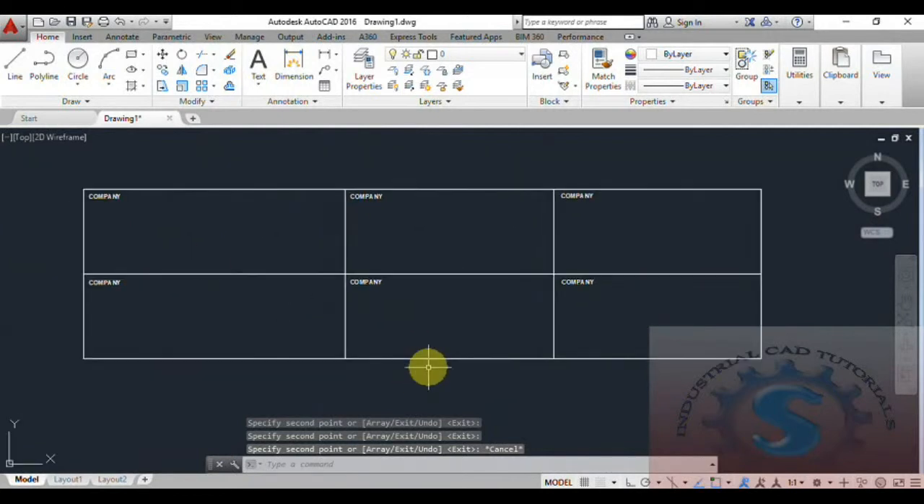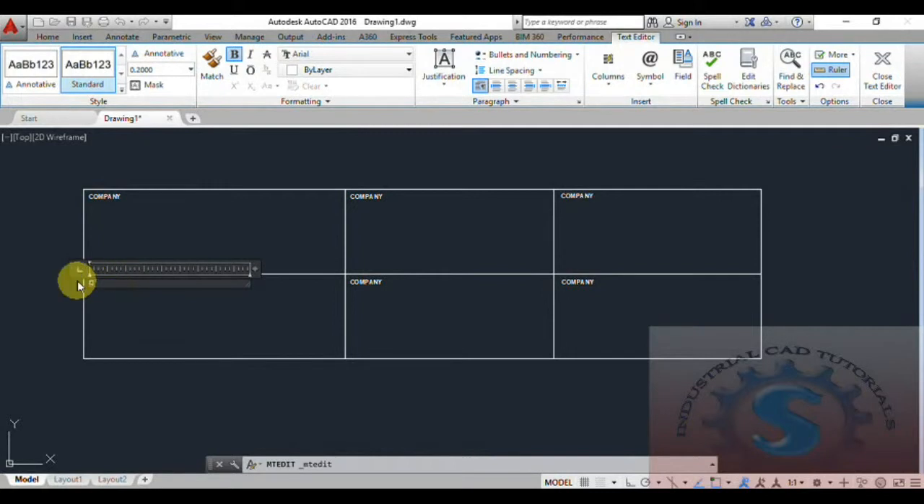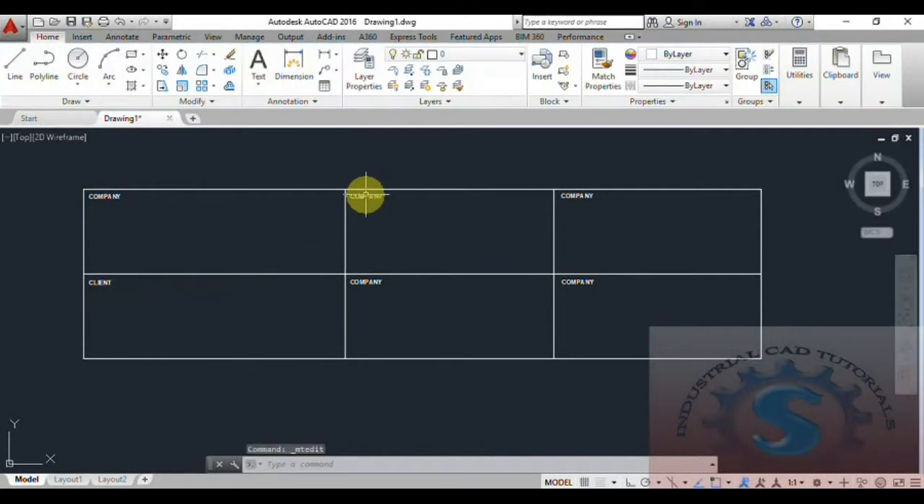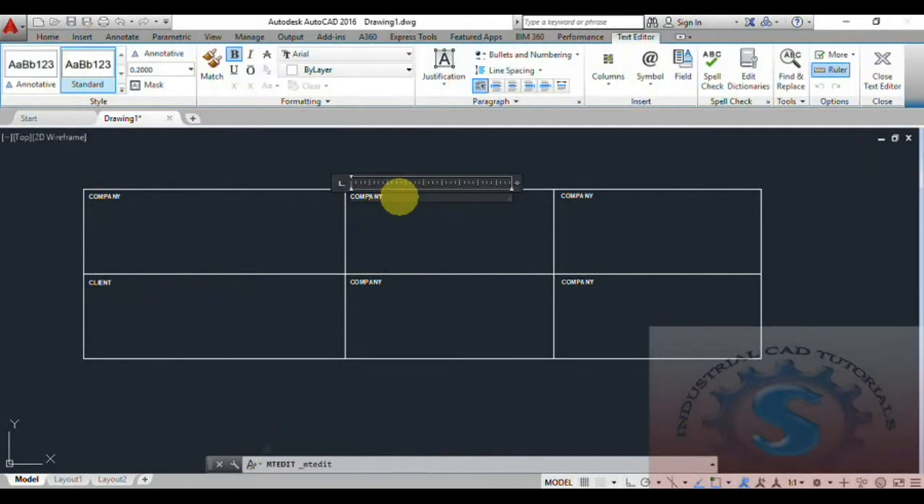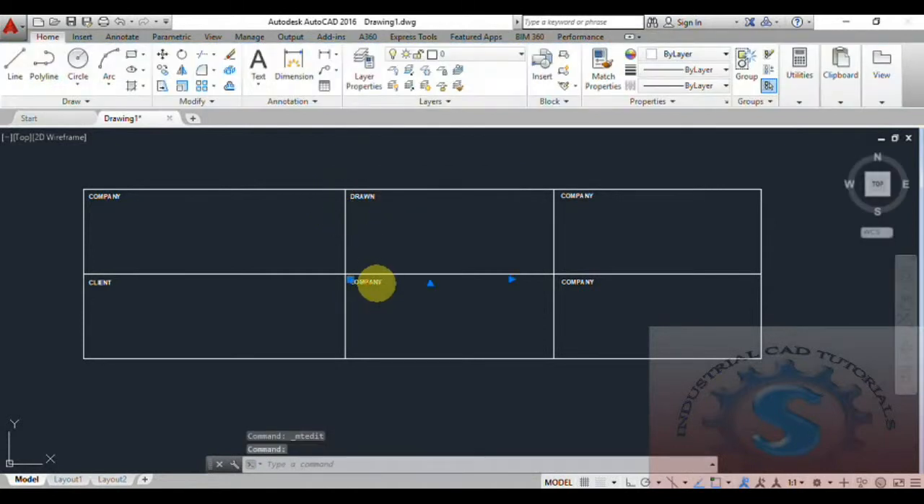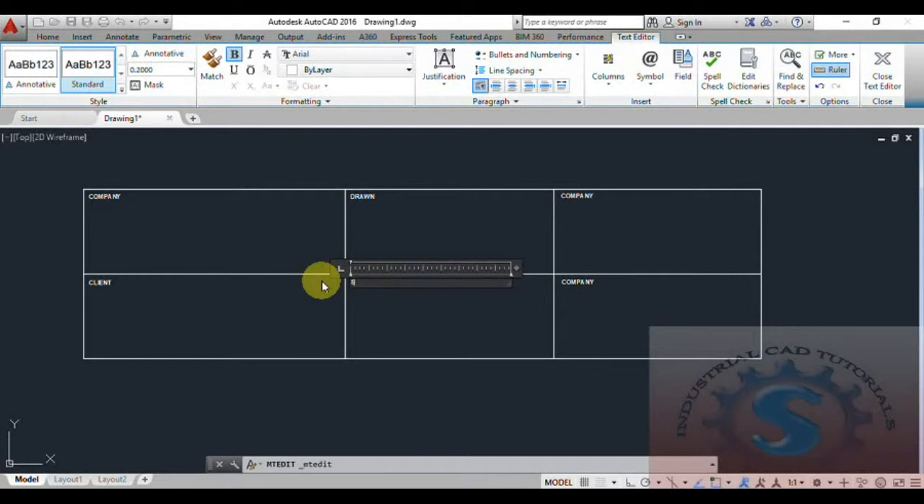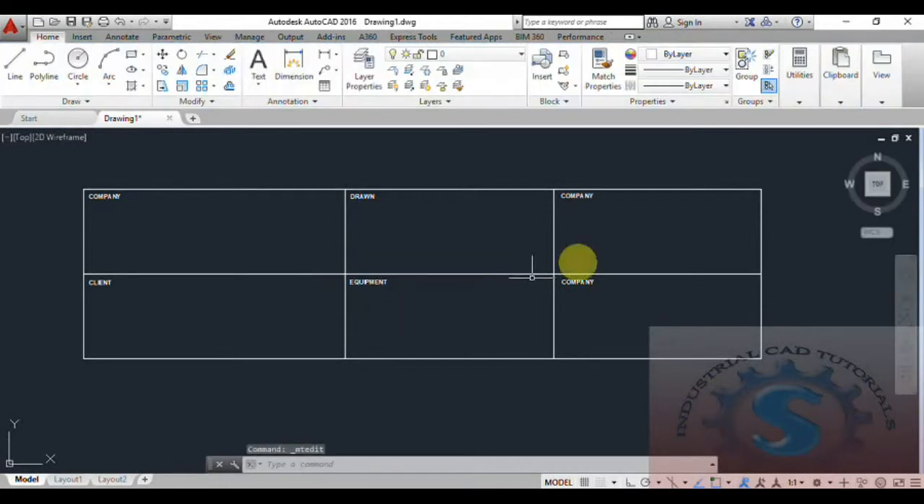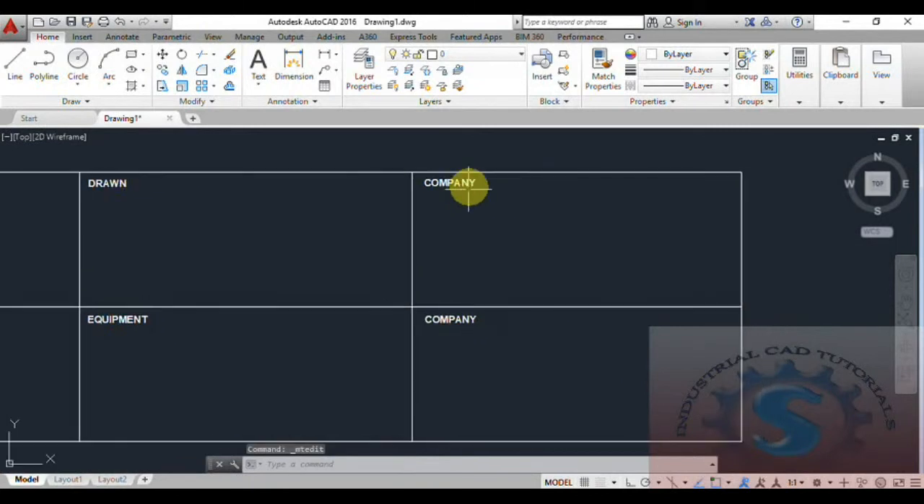it performs where you want. You can copy the objects. By using the company text, I want to change the second block to client, and this block I want to edit to complete. Client is completed. I want to give the name as drawn, and next I want to give the name to edit. Simply double-click on that, and the operation will perform. Then you can edit the text as you wish. And equipment,